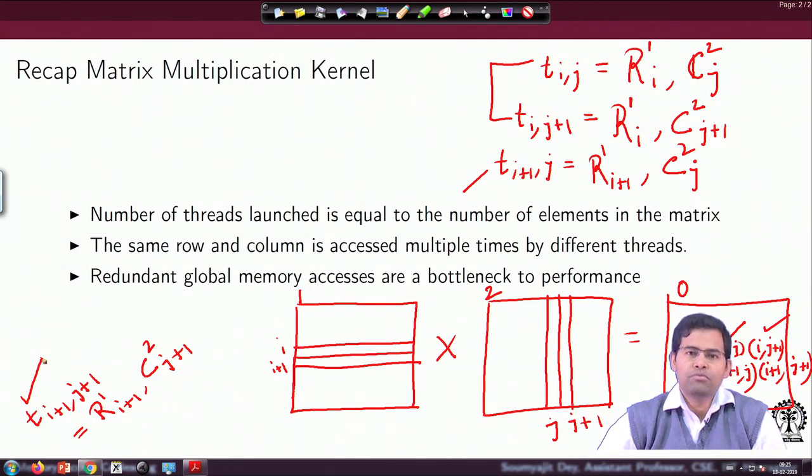This will be a huge performance issue. Why? Because every global memory access is extremely costly, orders of magnitude costly. So, the warps which access this global memory would stall for a lot of time, right. So, if I am trying to do the matrix multiplication in a nice way, this will definitely not be a good algorithm for doing that.